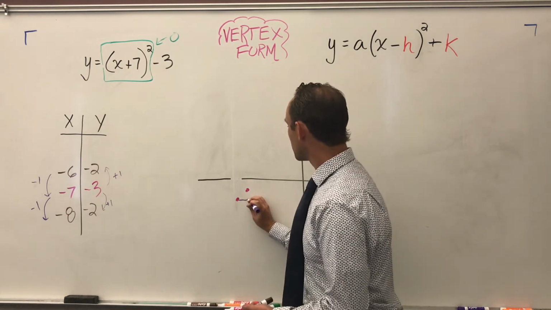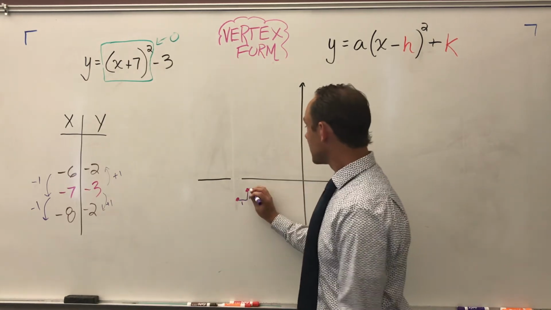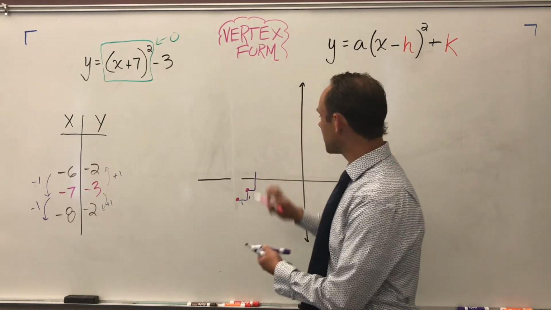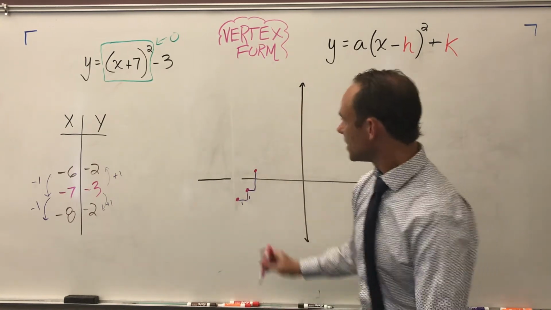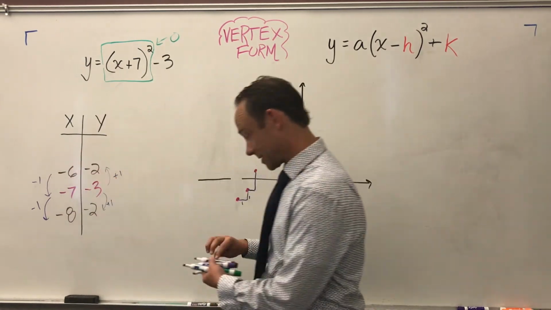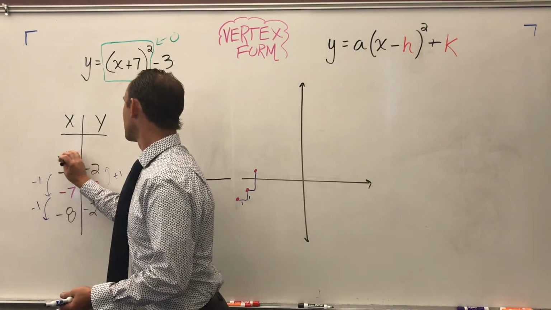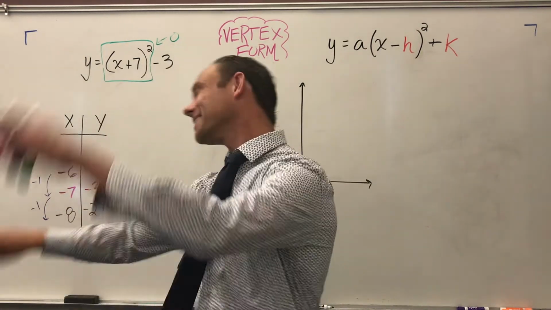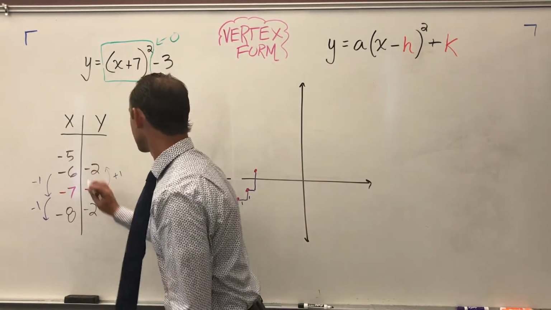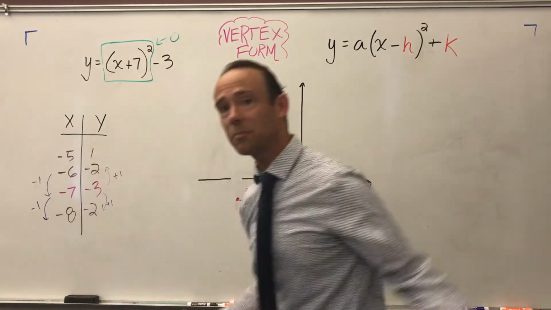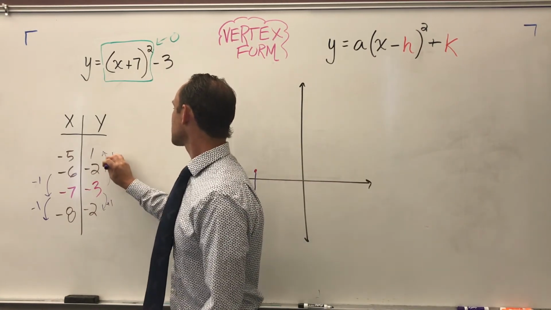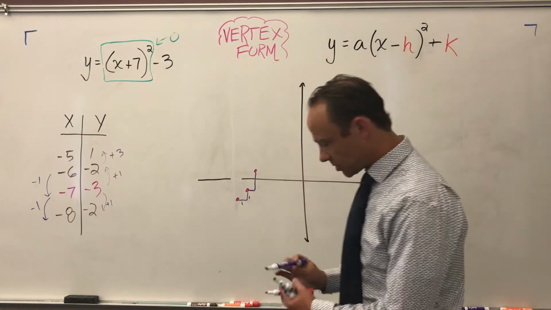So that's the over 1, up 1. Now if you go over 1, you got to go up 3. And so you'd be up to here. And that would be at -5 and 1. So let's get that point on there. How many points you want, man? Come on, how many you want? All right. Like I said, I'll be here all day. I can get you points. You want points? I got points. And so that's going to go +3. And then you build your